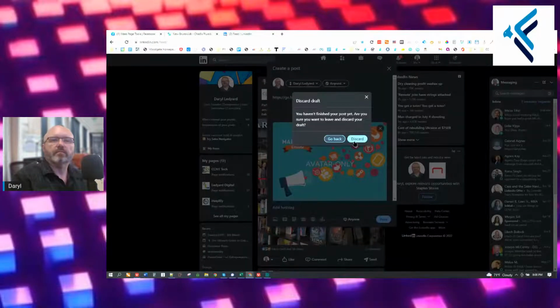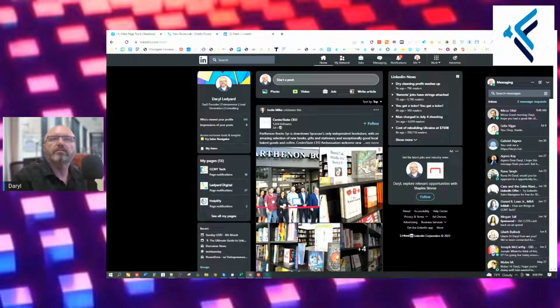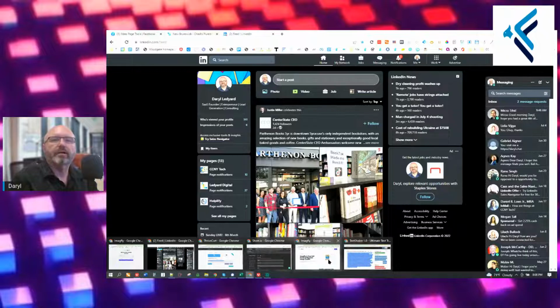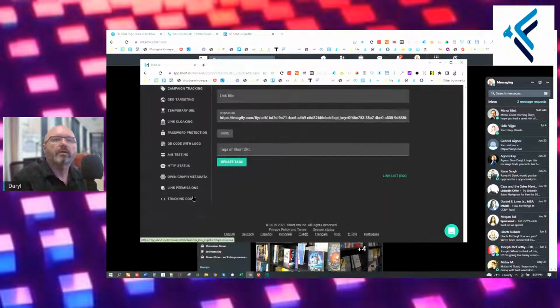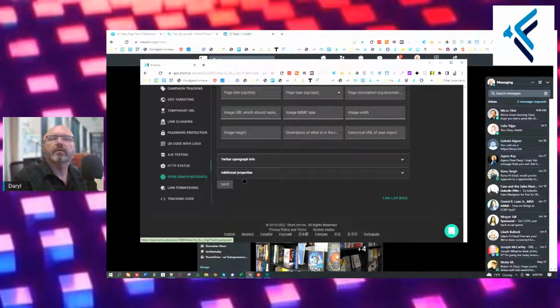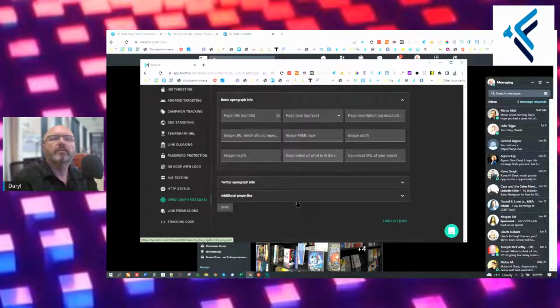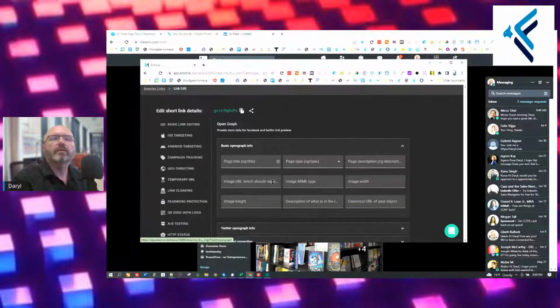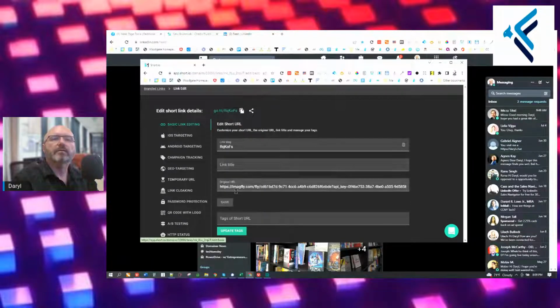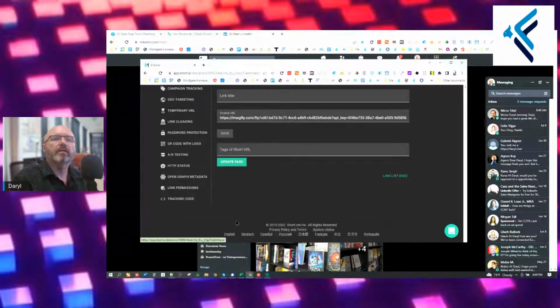Okay, hold on a second. It might have to go into a different spot. Hold on. I think I might have to, I did this a day ago, so let's just take a look at short IO and open graph, and basic open graph. Nope, I think that's that. And the text is here. And I think it just has to clear the cache.